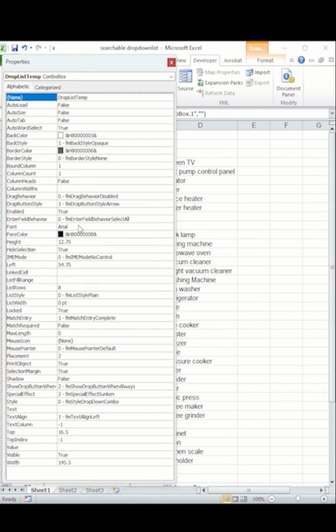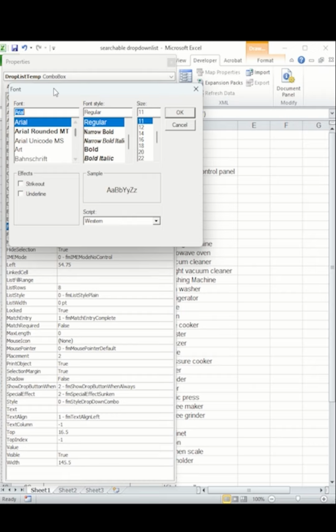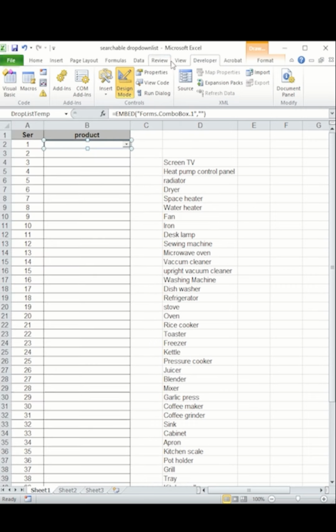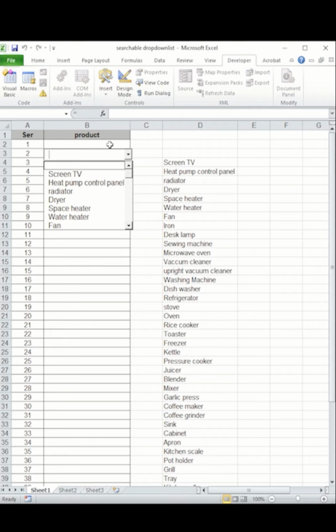And go down to the font field, just click on these dots. Here you can change the font type, the font style and the size of the font. Just make it 12 and click OK, and then close this window and deactivate the design mode. Now here you can search for your items easily